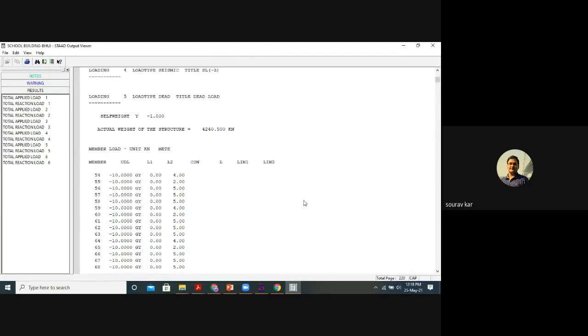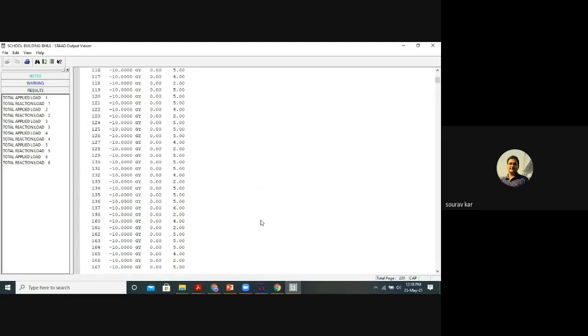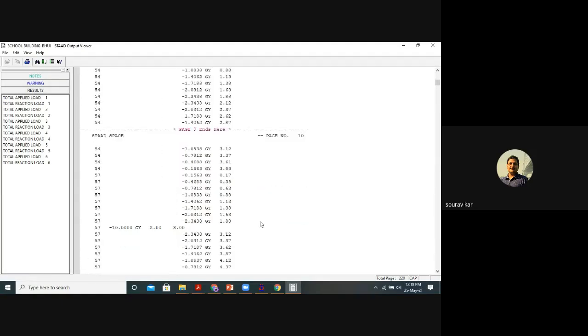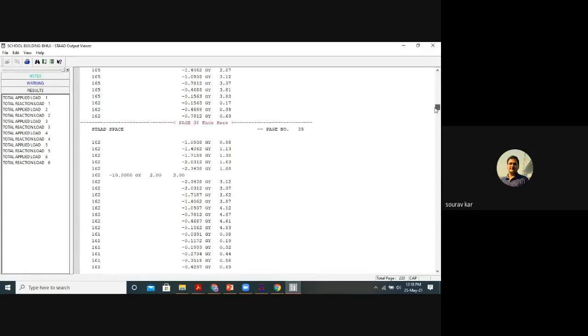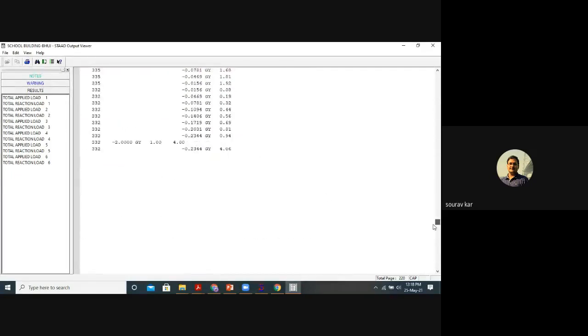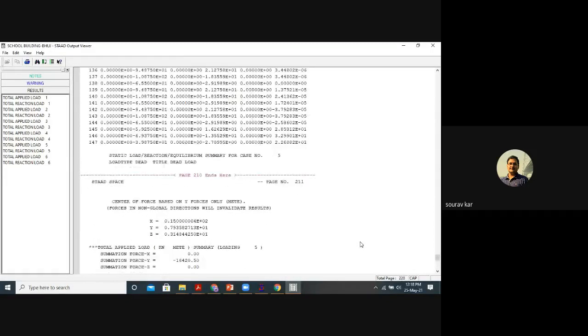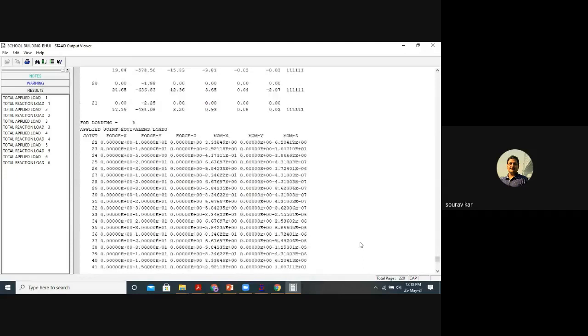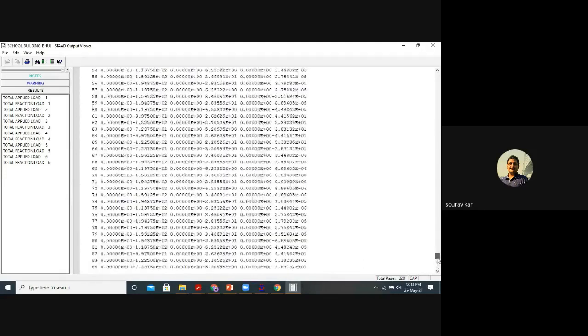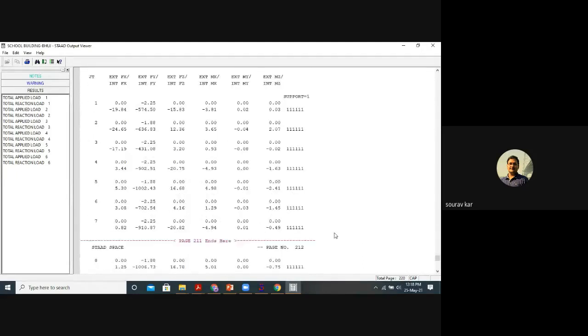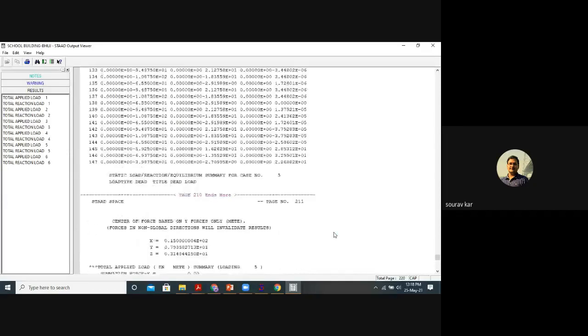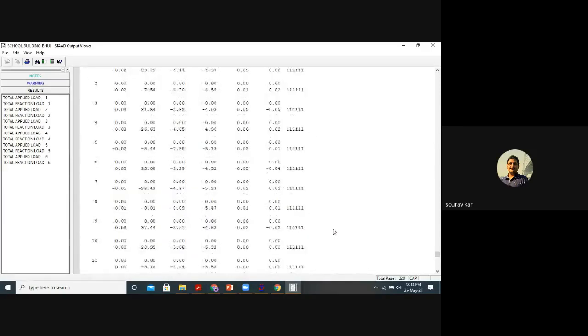All these lateral loads, the output is shown. So you can check the loads coming at every floor level.